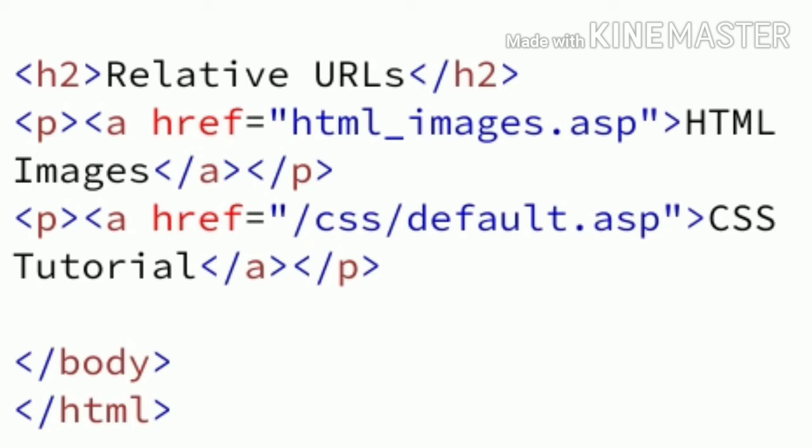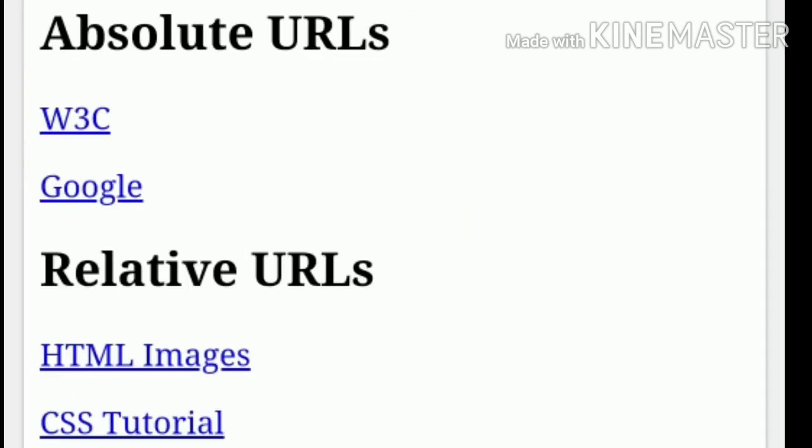After running this, you can click the W3C link, and the W3 website will be opened.